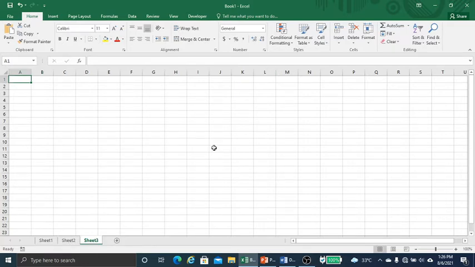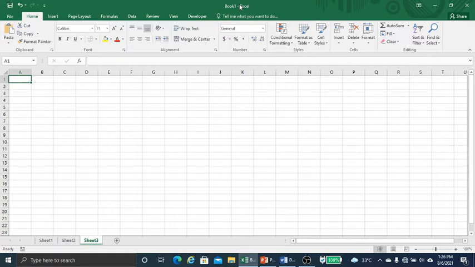Now what is the title bar? The title bar shows the name of the workbook. You can see this part is known as the title bar. Presently I have not saved it, so it is showing the default name Book1. But if I save it, that particular name will come here in the title bar. Then active cell.